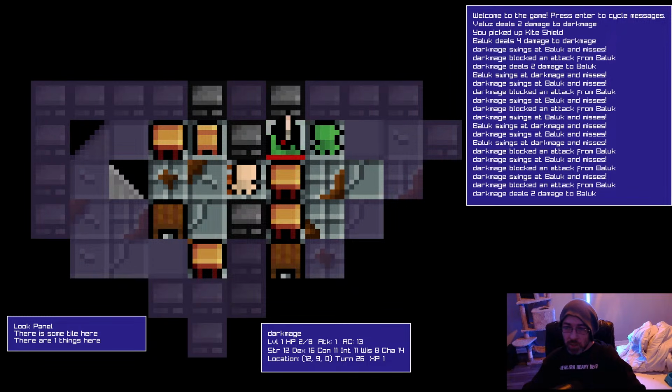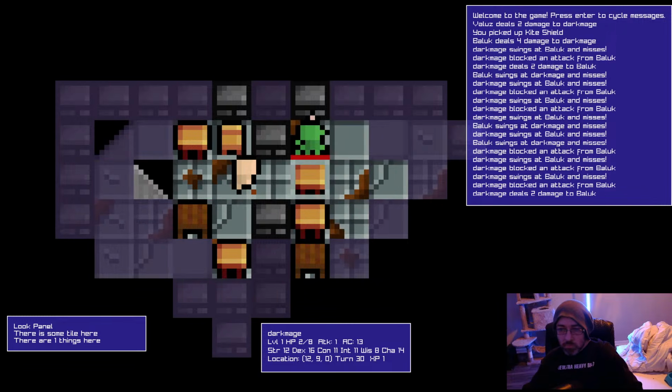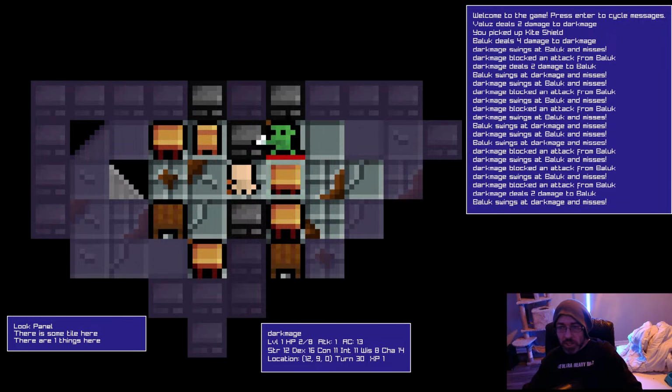Alright, so we might consider waiting to see if the orc will move away from that tile. He came towards us. Okay. I'm not gonna risk engaging him. And I forgot this dude's still in here. Oh shit, he didn't move.